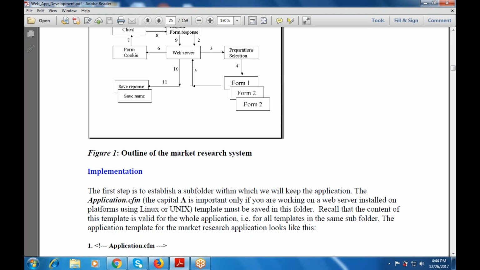Now, how to implement this? The first step is to establish a folder within which we will keep the application. This Application.cfm is also going to work on a web server installed on platforms using Linux or Unix. The template must be saved in the folder, and recall that the content of this template is valid for the whole application, that is, for all the templates